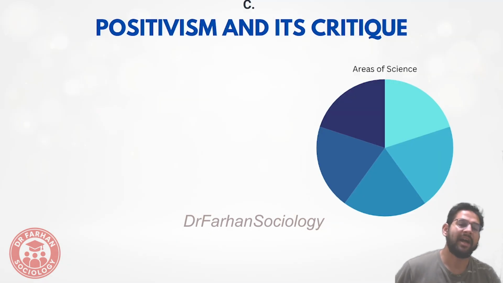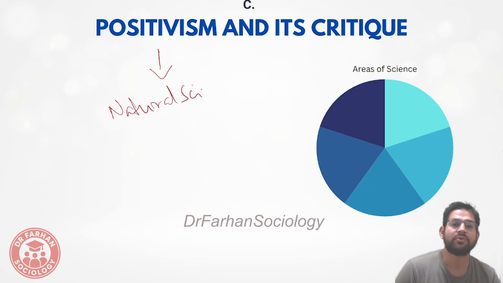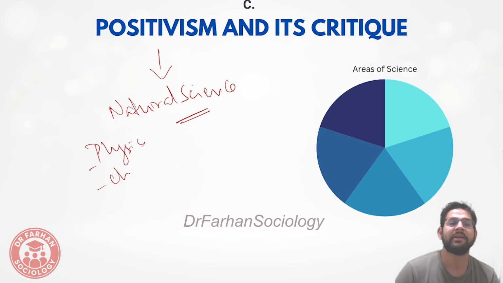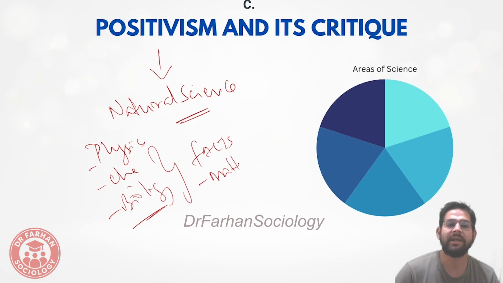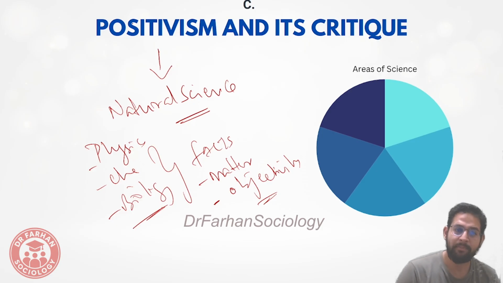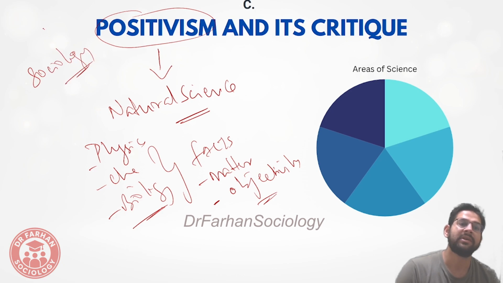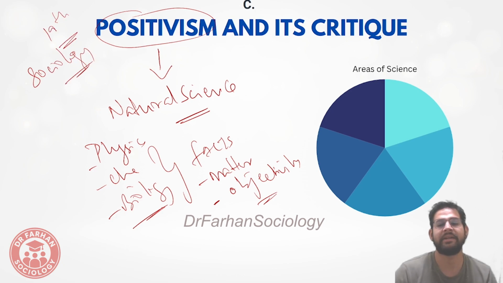And then we are having the C part, that is positivism and its critics. What is positivism? Those group of sociologists who have tried to establish sociology like a natural science. The way you are having physics, chemistry, biology, in the same way, on the basis of these facts, they tell that sociology is like matter. It is a study on the basis of objectivity. The word positivism means you are trying to establish a subject like natural science, and this is the way I want to study sociology. This was a very popular discipline in the 19th century.